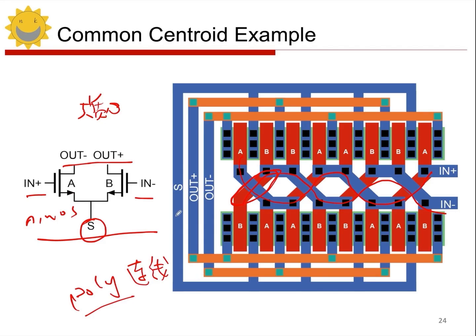Look, what is this blue one? This blue one is M1. So after we use this poly connection, we can actually only use M1 to solve the problem of connecting the metal line. If I don't use poly, then I must use M2, right? I must use M2 because I have already used M1 at this position. That is the connection of A,